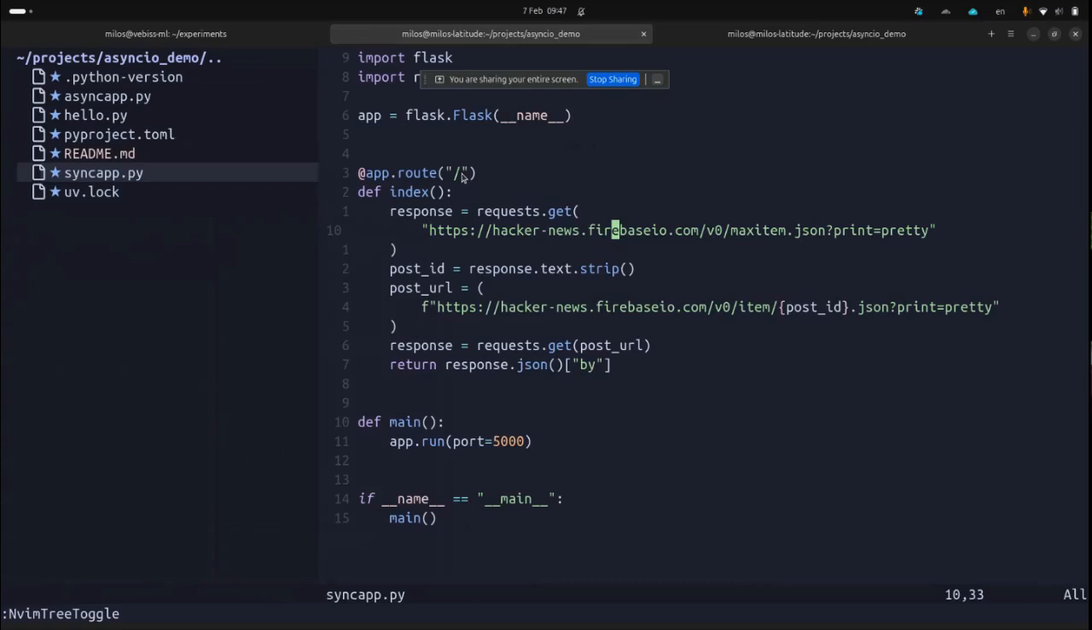And what this function is doing, it's just to demo the communication with some external API. I'm using the Hacker News API to get the latest post on Hacker News, and then find the author of this post in the second call. So first, this first call gives me the ID of the last post that was posted on Hacker News, and the second call gets detailed information about that post,